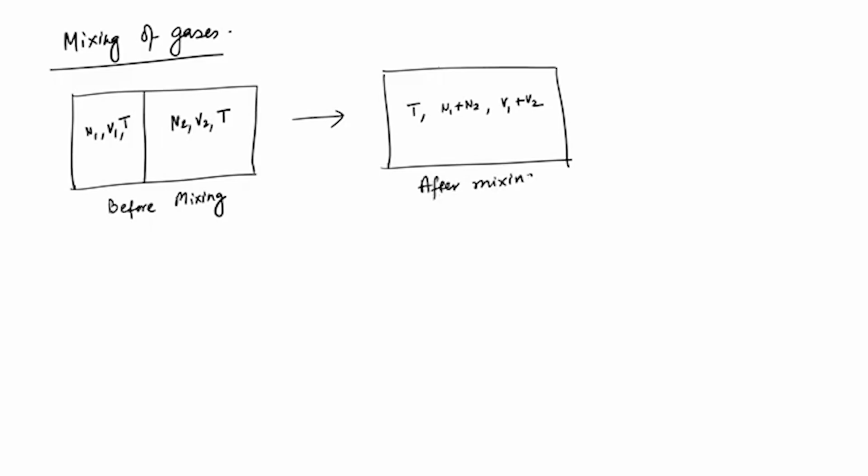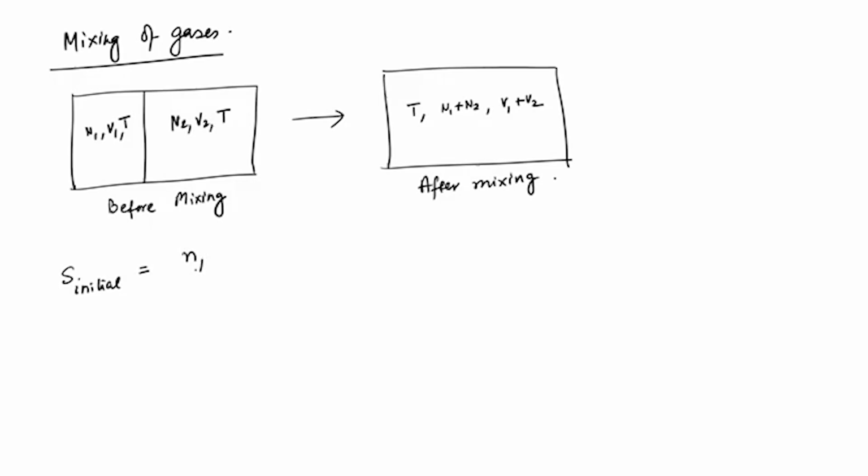We have two ideal gases in the two chambers, and these chambers have a number of particles, volume and temperature given by N1, V1, T and N2, V2, T. After they are mixed, T is still the same, and then we have N1 plus N2 and V1 plus V2. So, the available volume is that. So, S initial is what we have written even earlier. So, this is equal to